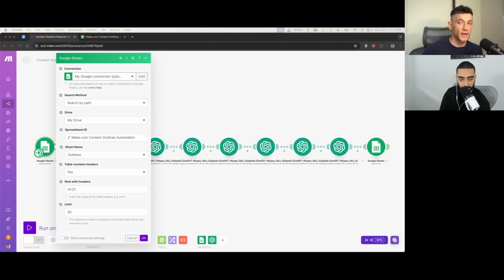Now, you could do this for anything. You could do it for content creation, for example. You could do it for content outlines. You could do it for keywords. Whatever tool you can pretty much imagine, you can create using make.com. So it's really, really useful for this. Now, at this point,